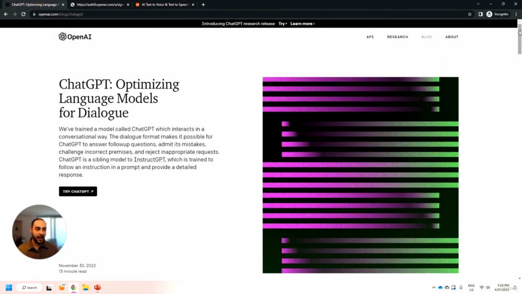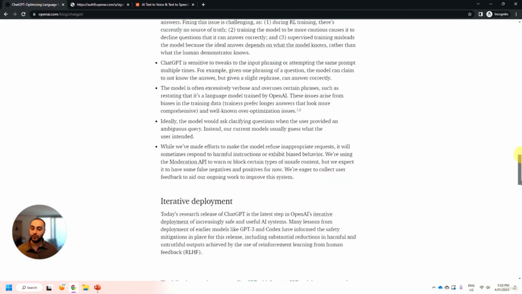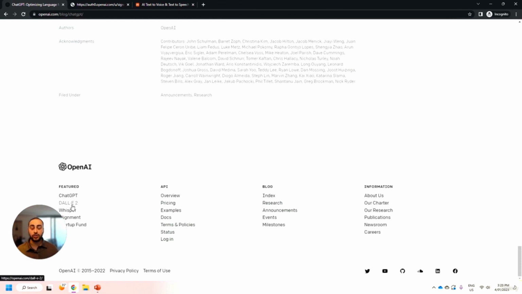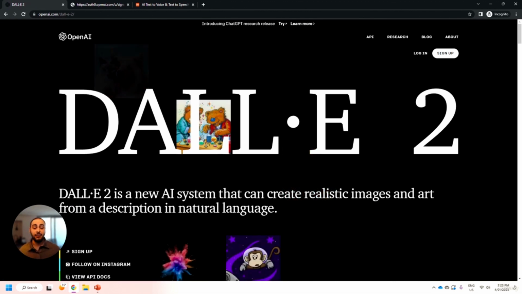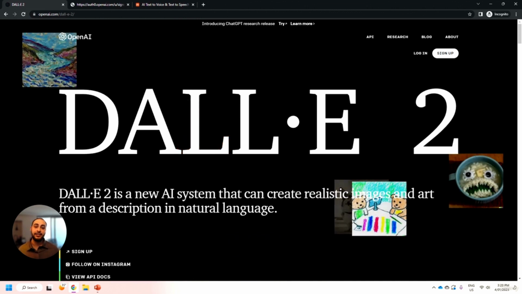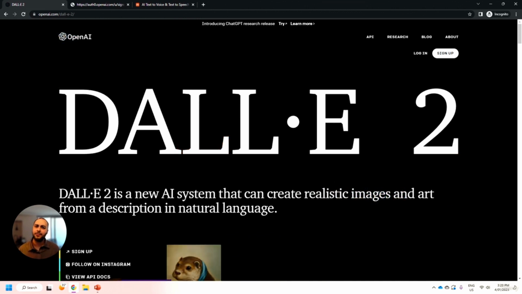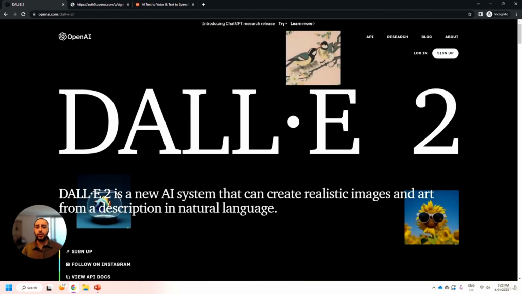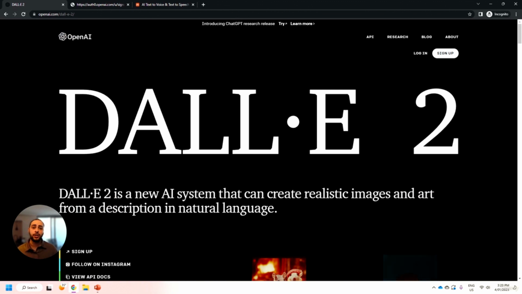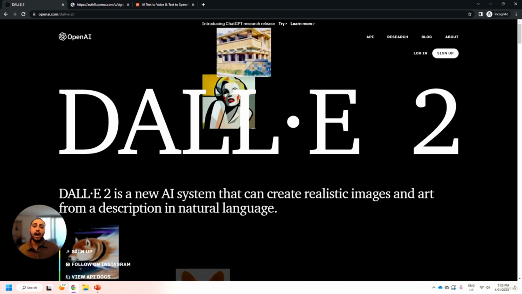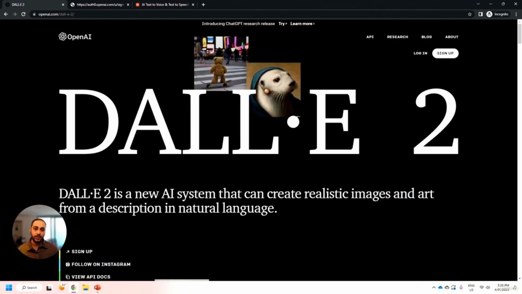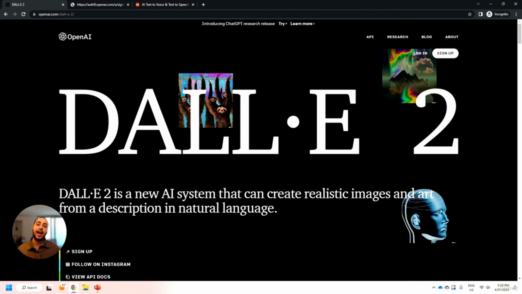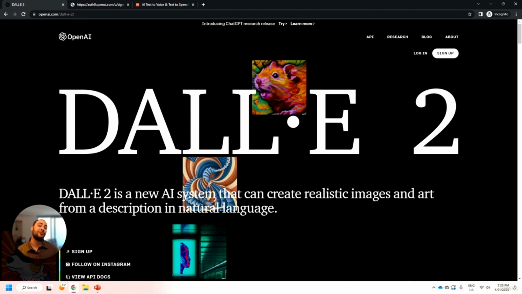Now I'm going to show you how you can access our second image model, DALL-E 2. Scrolling down to the bottom of the OpenAI webpage, just click on DALL-E 2 here. And we're going to get to this screen here, the DALL-E 2 homepage. Again, at the time of this recording in January 2023, DALL-E 2 is on a free and a paid service basis. What this means is you have free credits that you can use to generate a limited number of images. After you spend all of your credits, you will then need to pay for additional prompts to be used. But in saying that, you still have free access and a free method to be able to generate these images.